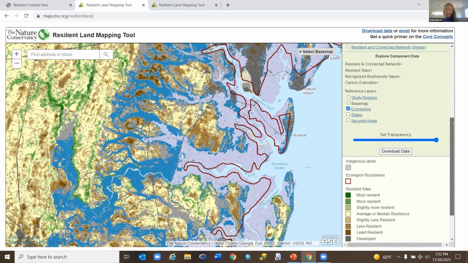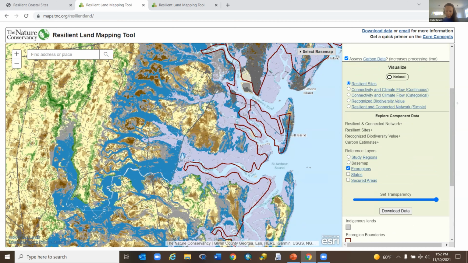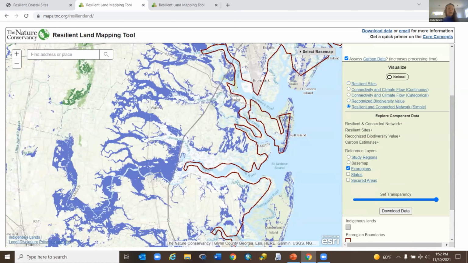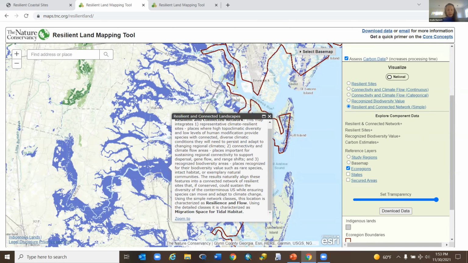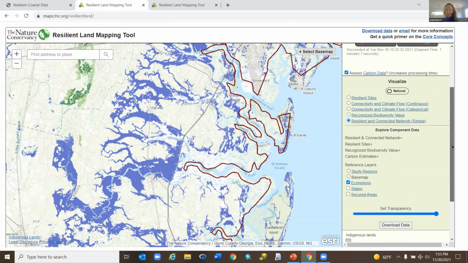Now for the RCN, the Resilient Connected Network, we simply pulled out the migration space of resilient coastal sites. Again, sites that scored higher than average relative to their shoreline region. And these are essentially treated as climate corridors in the Resilient and Connected Network. Again, you can click on it here to get more information. So this location is characterized as resilience and flow, and then using the detailed classes, it is characterized as migration space for tidal habitat. So if we were to click on that RCN with the more detailed categories that Melissa noted,